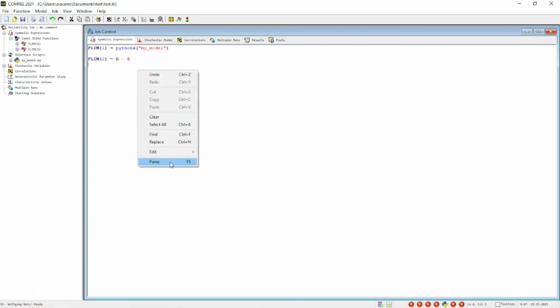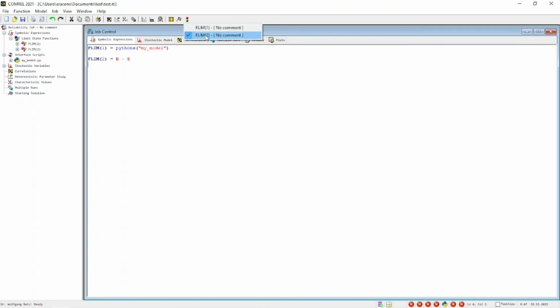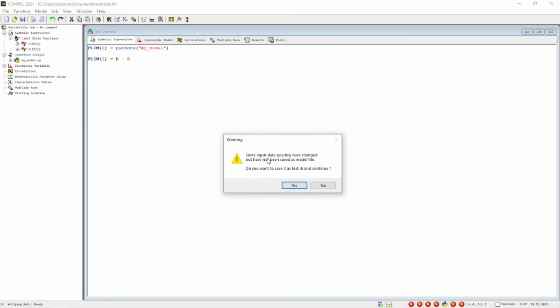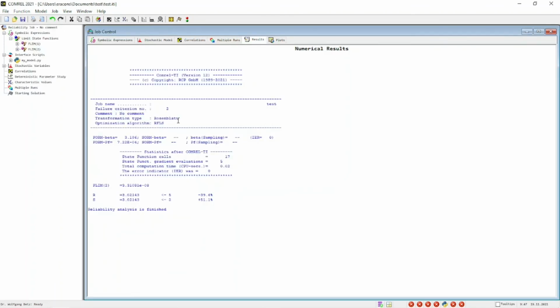We make sure that it is parsed by COMREL, and then when we click on Run Reliability Analysis, we can select the second limit state function flim2. And once the analysis is complete, we get exactly the same results as we got when running the Python-based limit